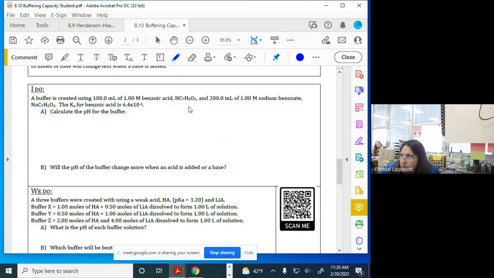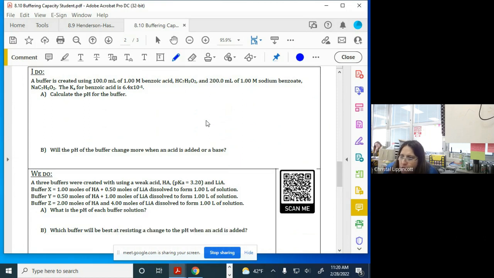So buffer system then. I'll pick these two up tomorrow. These are the only two that I have left to do. So tonight you can do as much as you want, but by Monday you need to have everything through your progress check done. Do you guys have your progress check? Yeah, it's in here. Okay. All right. Do you know that for a fact? Yes, look. Progress check. Because my mom's like,